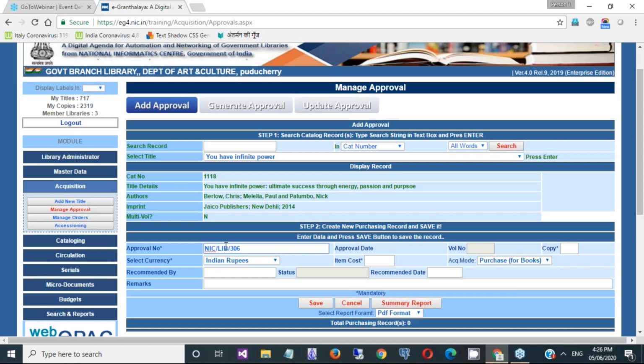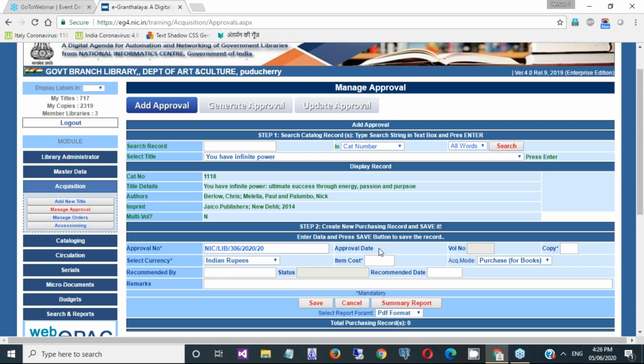So 306 is the book purchasing file number in our organization, then the current year in which we are doing the purchasing, and this is case number 20. Case number 20 means whenever we are going to purchase anything in the library, we need to put a new case number. This case number will be given in all the purchasing records which you are going to procure in one go.